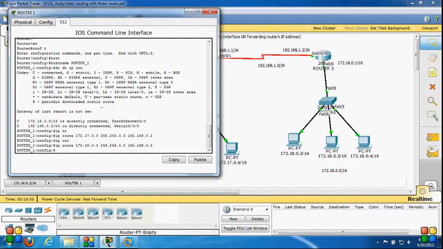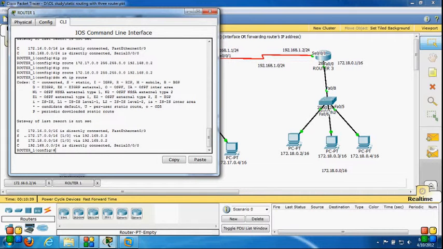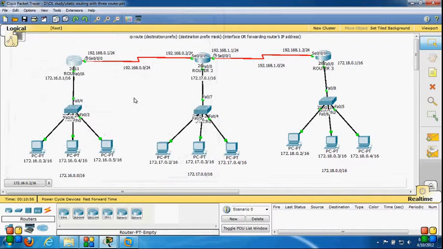Now let's check the routing table. Do show ip route. It's showing me S, which means static route. 172.17.0.0 is connected via 192.168.0.2, and 172.18.0.0 is also connected via 192.168.0.2. So I have done the static routing on router 1.